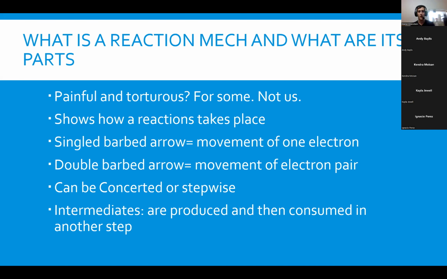Okay. So a barbed arrow is going to look like this. Okay. That's the movement of one electron. We do not really see that until